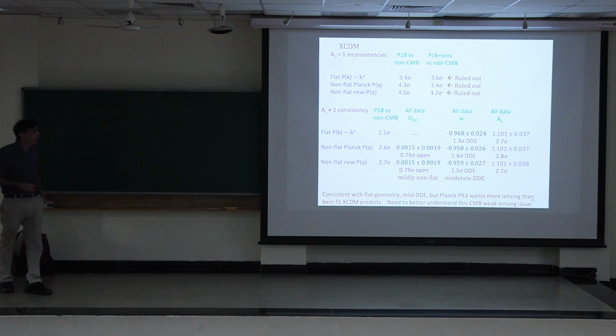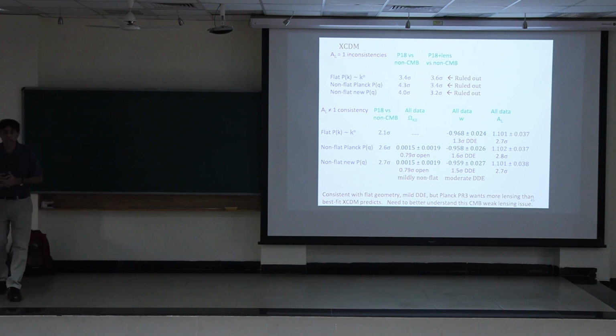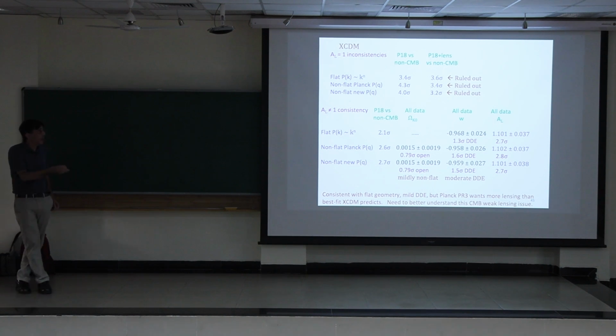And what's happening here is the Planck data, the P18 and the P18 plus lensing, is favoring phantom dark energy pretty significantly. It wants omega to be less than -1, while all the non-CMB data together is favoring quintessence dark energy, and it wants omega to be more positive than -1. So it wants it to be quintessence-like. So, I mean, these models are ruled out.